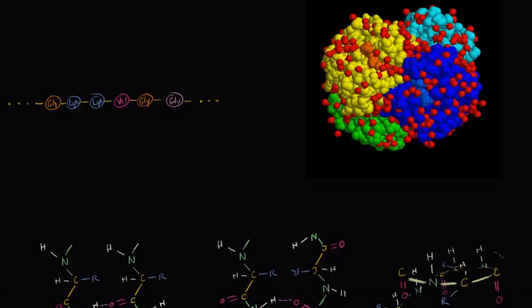We've already spent a lot of time talking about proteins and how they do a huge variety of things in biological systems. Anything from acting as hormones to antibodies to providing structures in cells, signaling mechanisms, a whole series of things. And their ability to do all of those things in living systems is a byproduct of their structure. So what we want to talk about in this video is protein